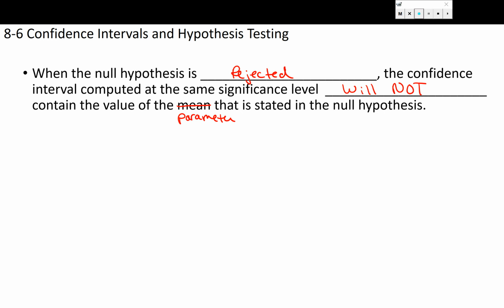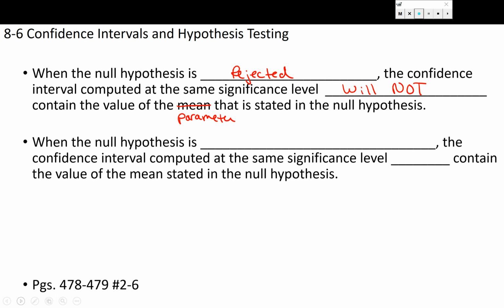So we're going to show today, we're going to have some information, we'll run a full-out hypothesis test, all 5 steps, and then we'll find a confidence interval with the same significance level and see if they agree. So if we decide to reject our null hypothesis in our hypothesis testing, our confidence interval will not contain our hypothesized value. Now then the flip of that, when the null hypothesis is not rejected,